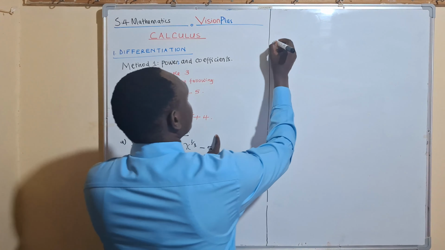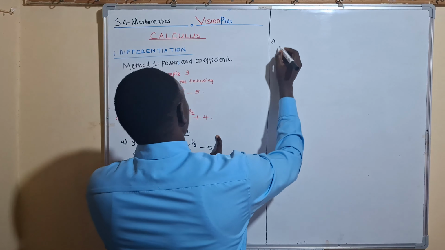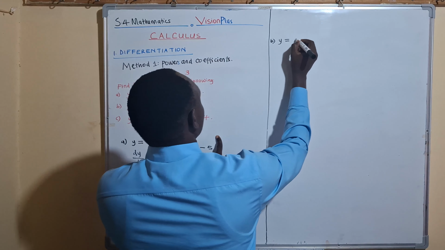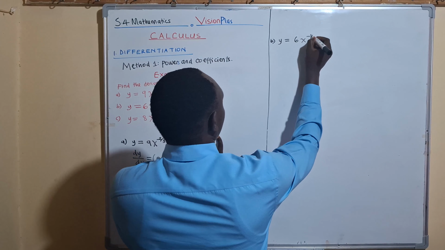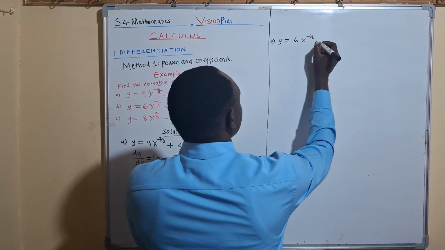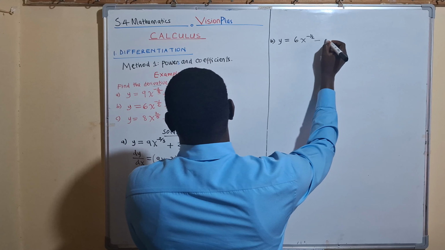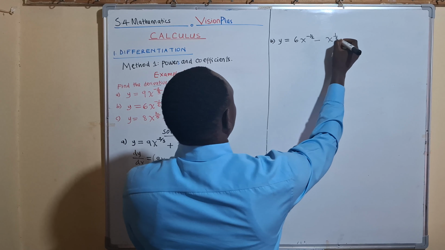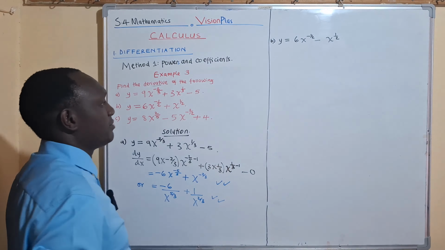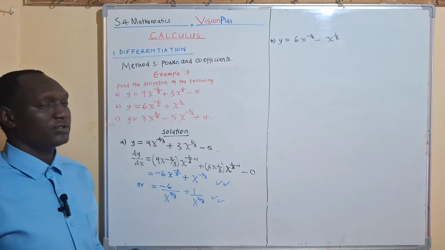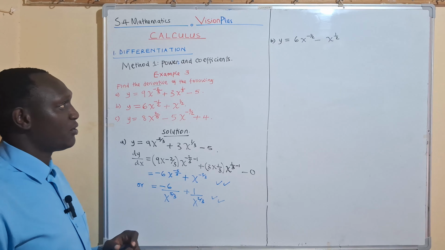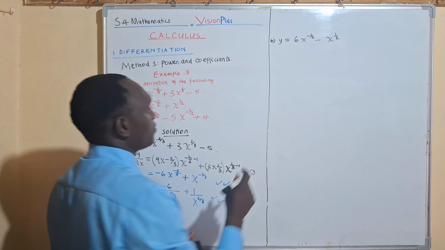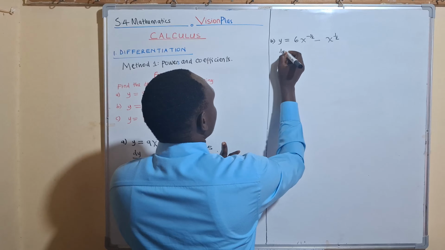Part B, we are given a function defined by y equals 6x power negative a half minus x power half. If you look there again closely, all the powers are on the numerator. That means we go on to differentiate straight away. So the dy/dx